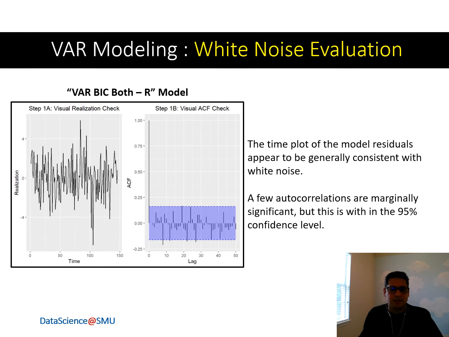Next, we evaluated the residuals of this model, and we found that this is quite consistent with what we would expect from white noise. Although there are a few excursions here again by this sharp dip in the GDP, the ACFs are also quite consistent, although there is a couple of excursions. So we feel that this model is quite appropriate, and we'll keep this for our final model analysis.